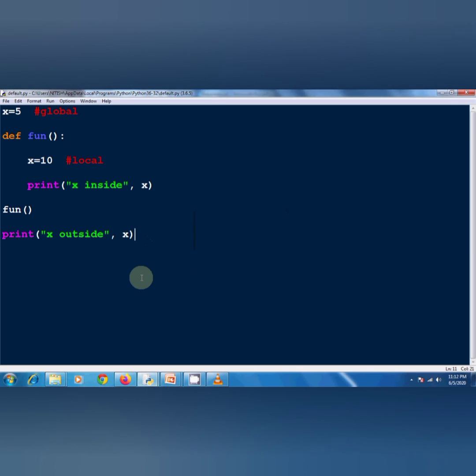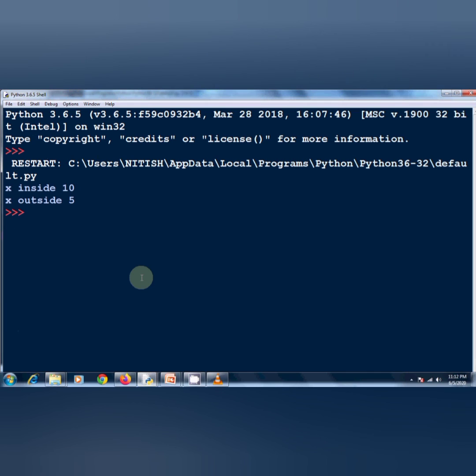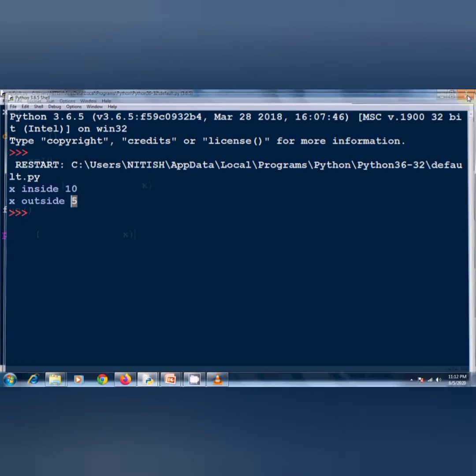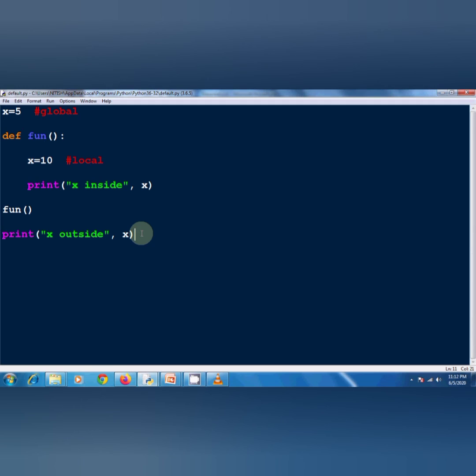Now see the output: x inside is 10 and x outside is 5. Now the use of the global variable and local variable is clear, and how we differentiate them if the global and local variables have the same name. That differentiation you must know.